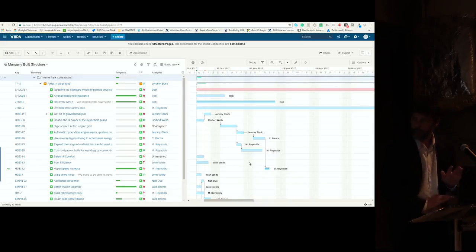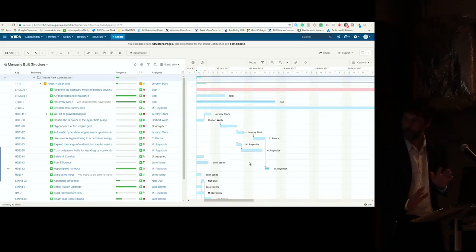So I'm going to walk through the features of Structure Gantt specifically. This is still in development, so there's a lot of work that's in their pipeline. And if anyone has any questions while I'm going through this, stop me, because I'd rather answer the question immediately because other people might have the same question. So I'll get started with the